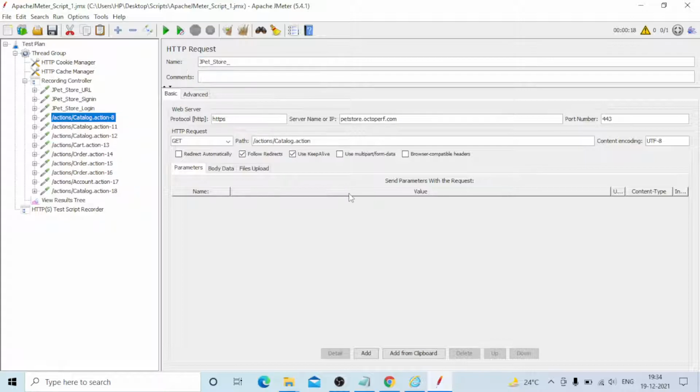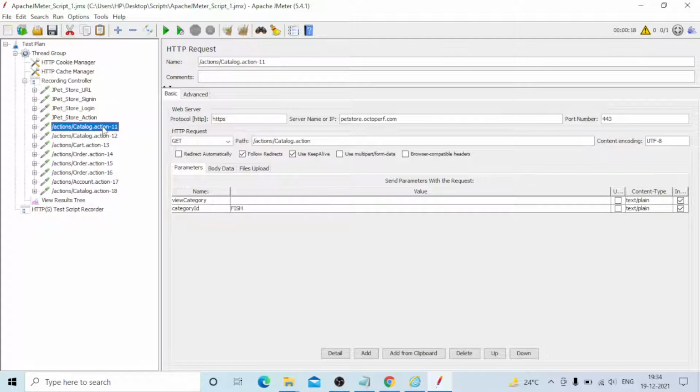Okay, I will provide the JPetStore action. After category ID, after product ID, after work item ID,